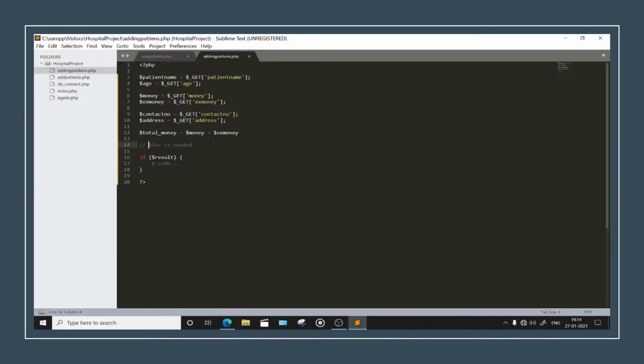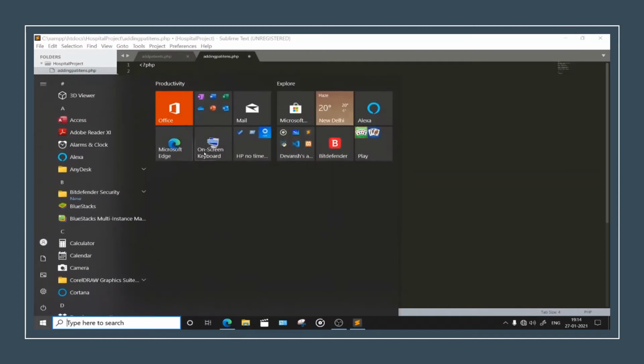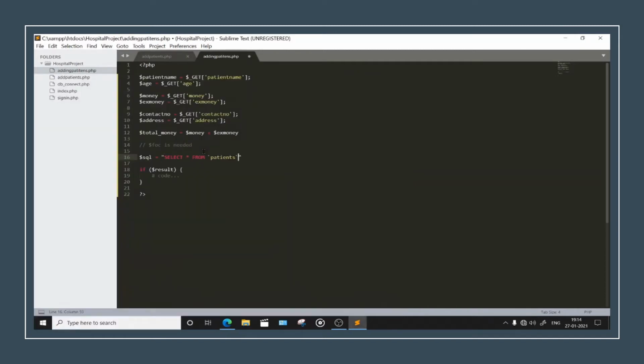Just do the things you know now. $SQL equals, what's this? Well, it was select star from start menu where name equals, head down, put one semicolon here, $patient_name.